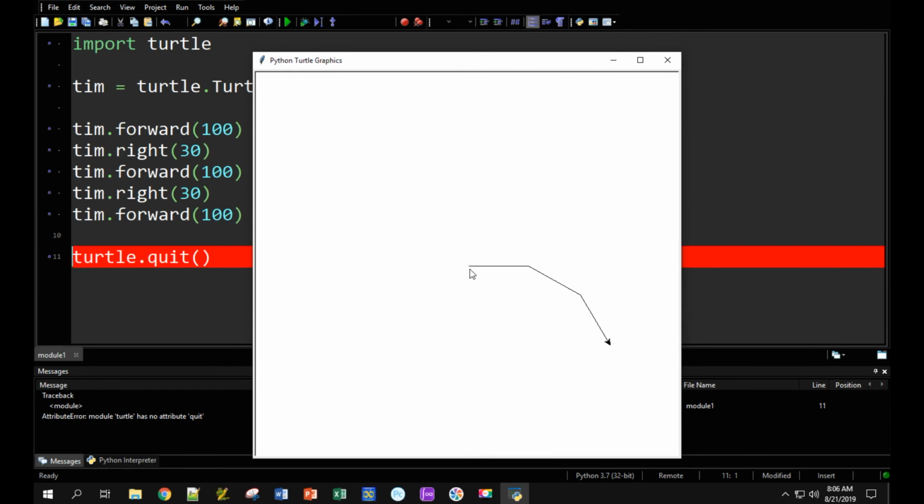Okay, so this is my turtle, this little arrow. This window popped up here. I don't know if you can read it, but it says Python Turtle Graphics. And our turtle started right here. It went forward 100, turned right 30 degrees, went forward 100 more, turned right 30 degrees, and went forward 100 more. All right, we're going to do a bunch more with turtle graphics because it's really nice and easy to